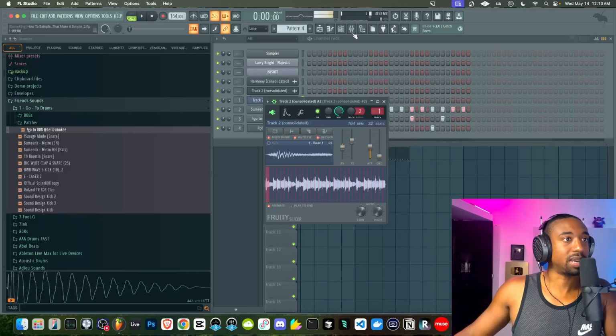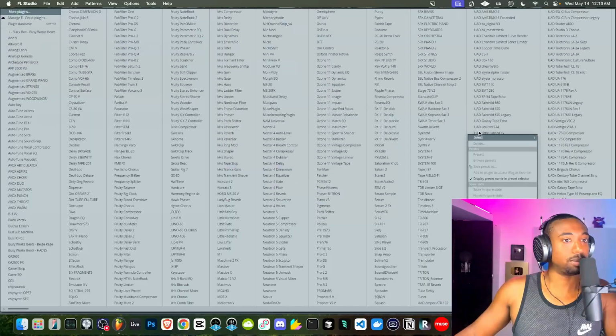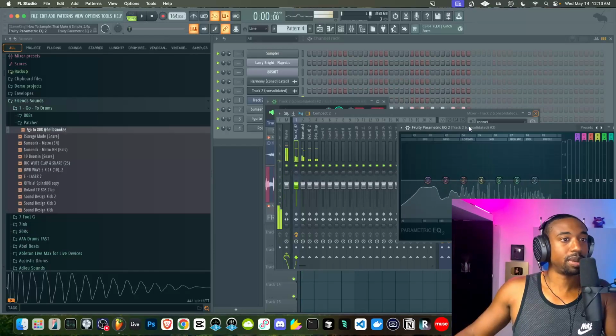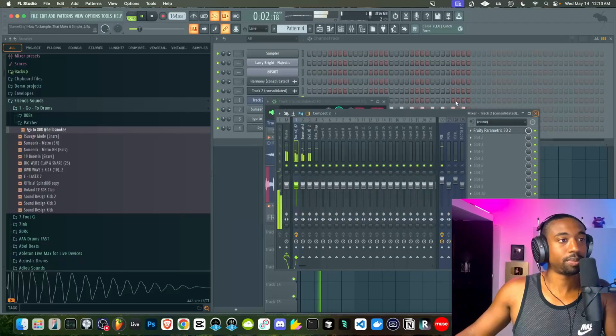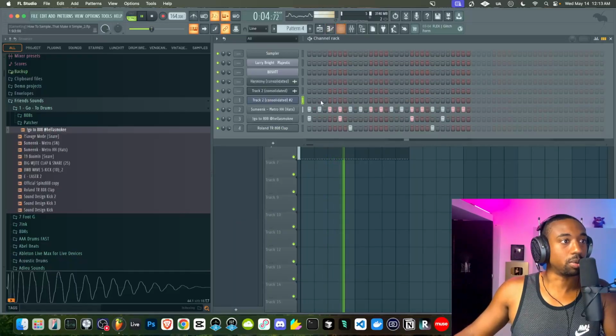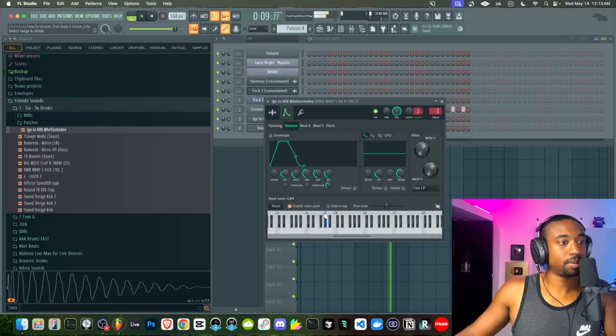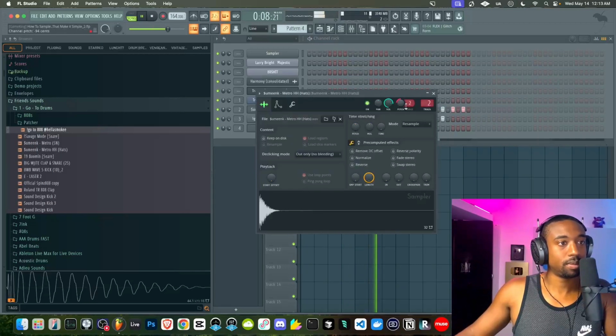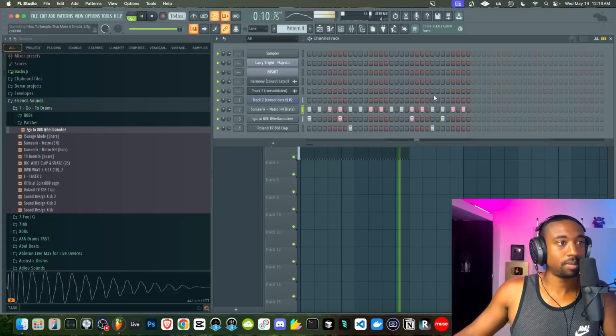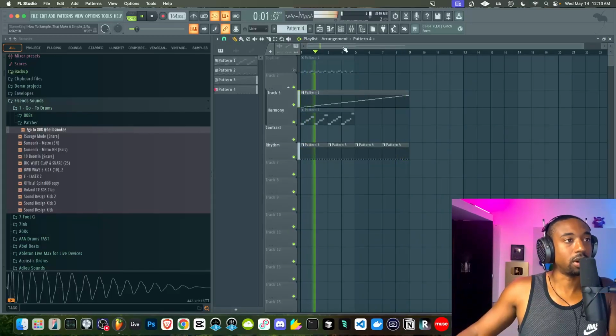And remember, the sample has bass. So what we can do now is go to the mixer and just simply EQ out the bass because it's clashing with the 808 a little bit. So let's add a high pass filter. Left click to change that curvature. And now our 808 has more room to breathe. Simple, you have a trap beat.